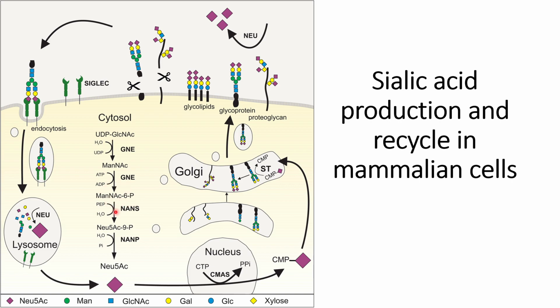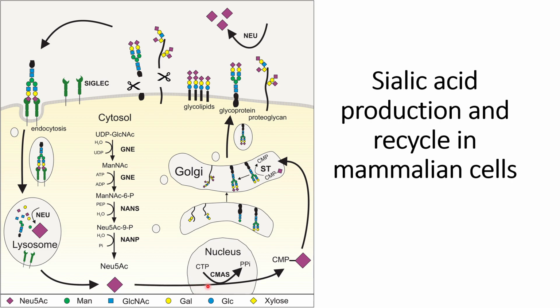After that, ManNAc-6-phosphate is converted into Neu5Ac-9-phosphate, or sialic acid 9-phosphate, through the NANS reaction. Thereafter, Neu5Ac-9-phosphate is again converted into Neu5Ac, which is sialic acid, through the NANP reaction. This process occurs in the cytosol, and once the sialic acids are formed,